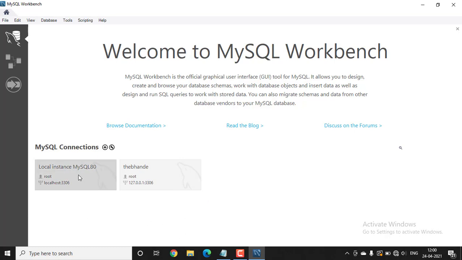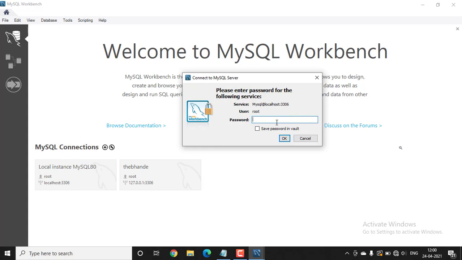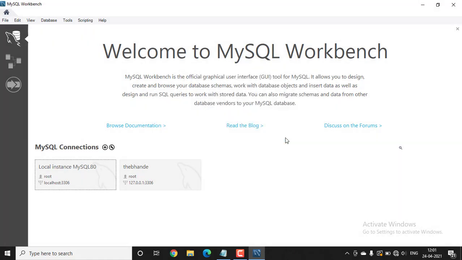Now let's click on local instance. Here you have to enter the password which you typed while installing the software, and click OK.